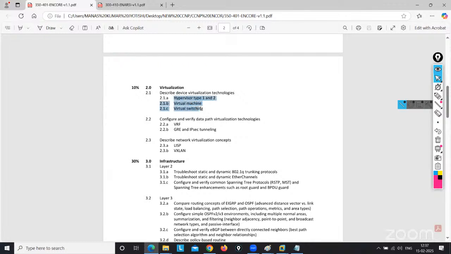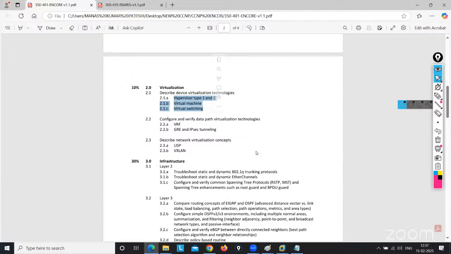What are hypervisors? Suppose you are working on the switch side and some other team is working on the server side. Somehow you need to do the trunk and then need to do the teaming. So what is teaming? What is a virtual switch? Suppose you are doing the teaming on the server, and without the virtual switch, that will not work. How will you create the virtual switch? It's not our job, but if you are working with the server team, they are not aware of this complete part. What we need to do on the switch side and what they need to do, somehow they will be confused.